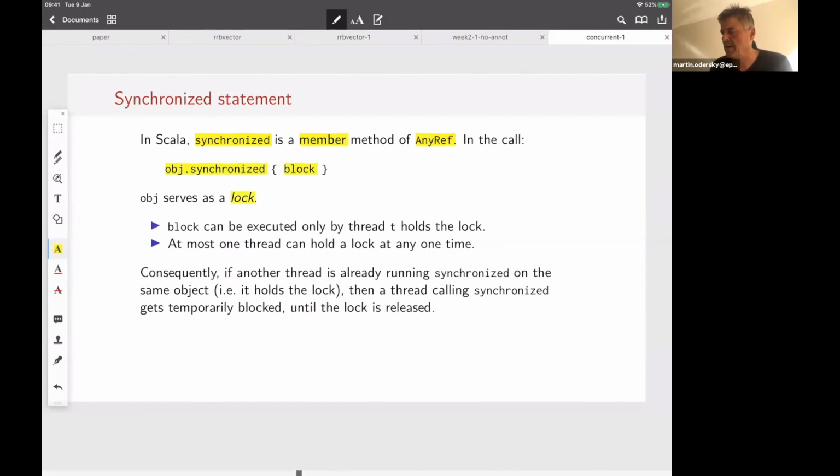To execute the block, the thread that wants to execute it has to hold the object lock, and at most one thread can hold the lock at any one time. Once the block is finished, the thread will release the lock again. Consequently, if another thread is already running synchronized on the same object, that means holding the lock, then a thread calling synchronized gets temporarily blocked until the lock is released. That's how it's done on the JVM for ensuring atomic operations by locking.